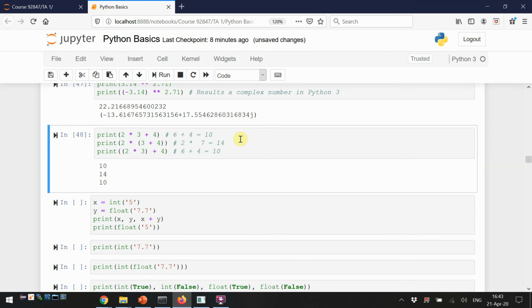And again, like we learned in school, there is this notion of which operators come before which. So we know that multiplication precedes addition. So 2 times 3 plus 4 actually means 3 times 2 plus 4, which is 10. But if we want 2 times 3 plus 4 to be calculated with the addition first, then we need to add parentheses, okay? So if we want this to happen first, so we actually want 2 times 7, which is 14, we need